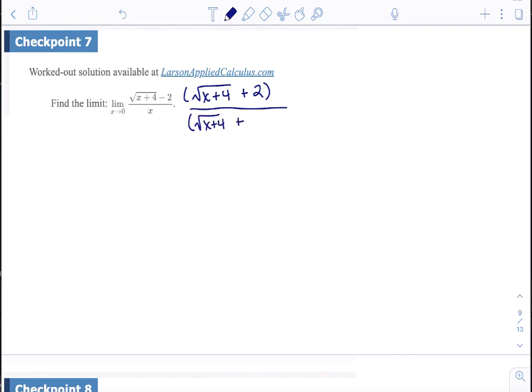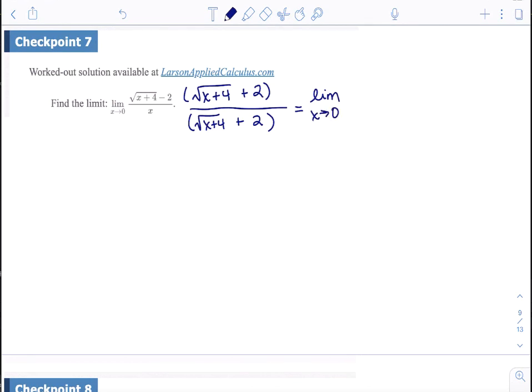But we want to make sure that we're simply multiplying by 1. So whatever we put in the numerator, we need to have in the denominator. But the reason that this is going to help us is because now, when we evaluate this limit,